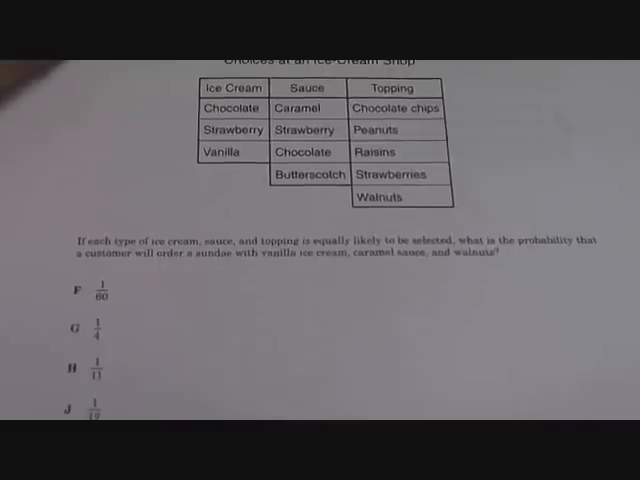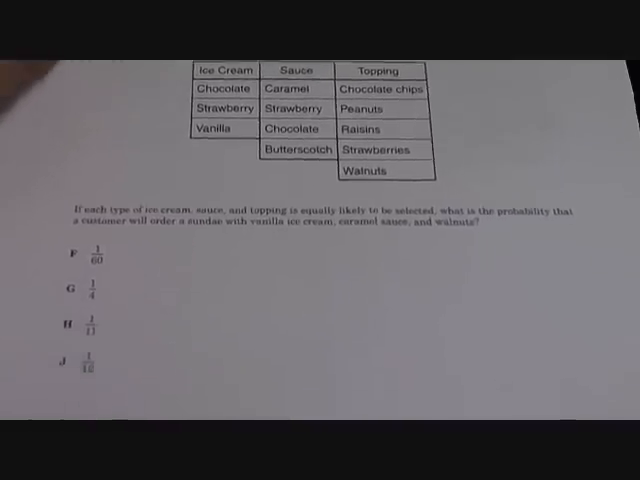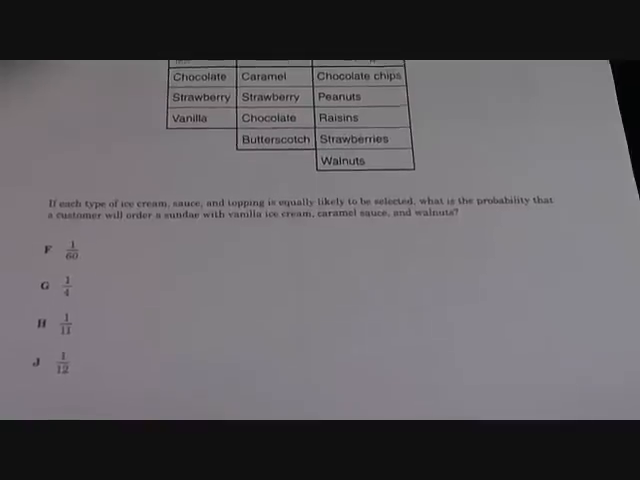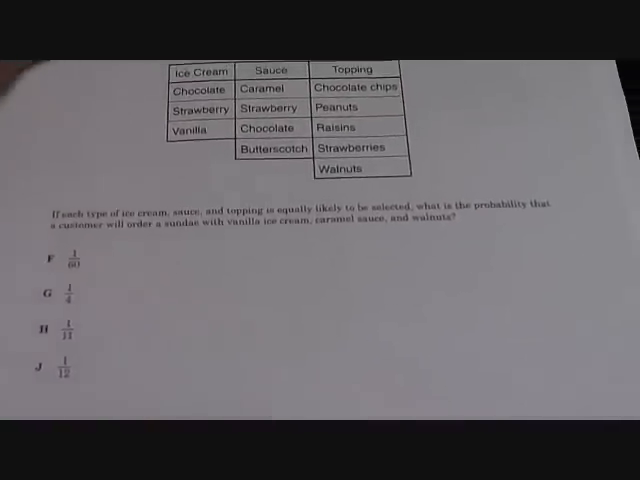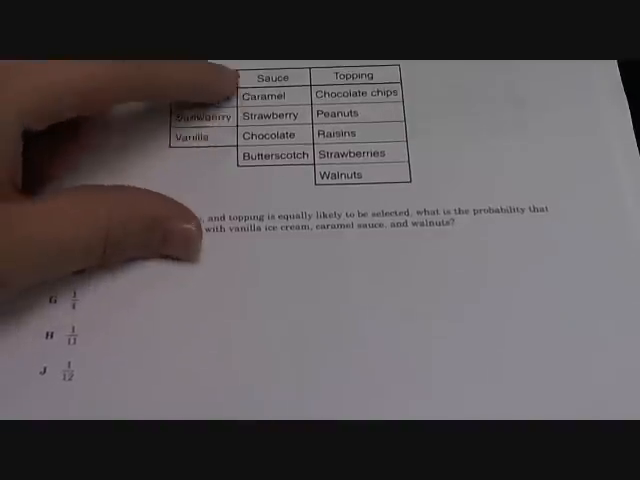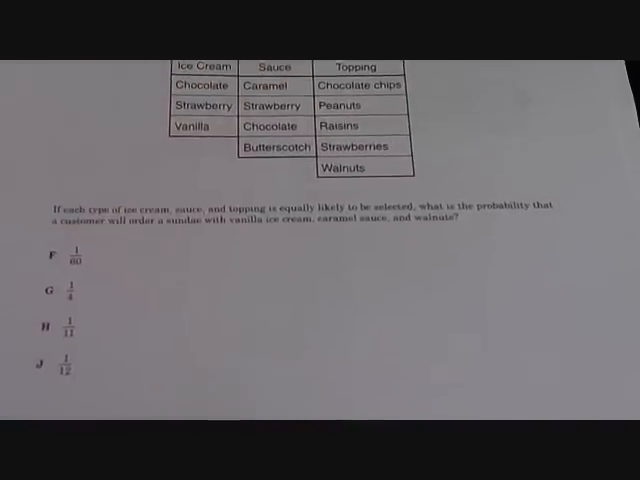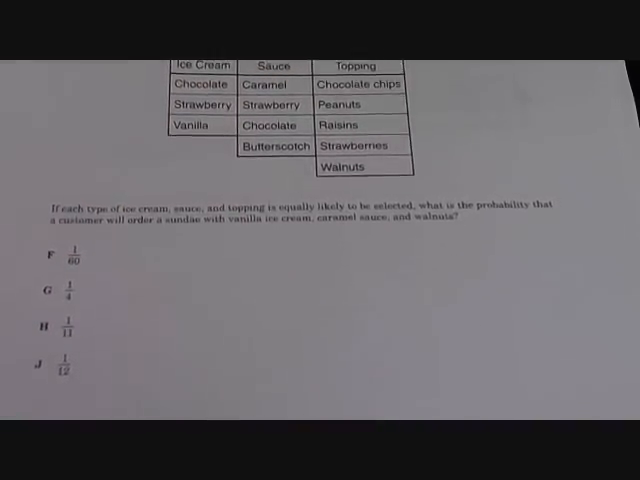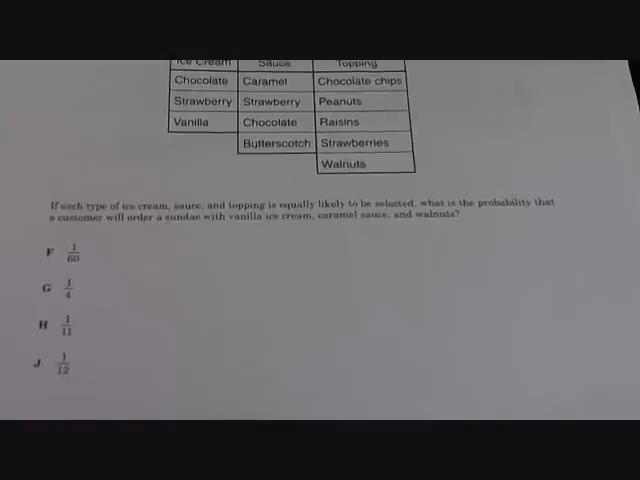32. An ice cream shop. Customers can order a sundae with one type of ice cream, one type of sauce, one type of topping. So you have 3 flavors, 4 sauces, 5 toppings. If each type of ice cream, whatever you pick one, what's the probability that a customer will order a sundae